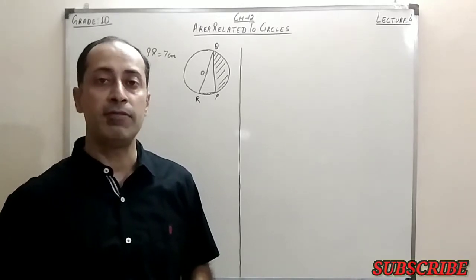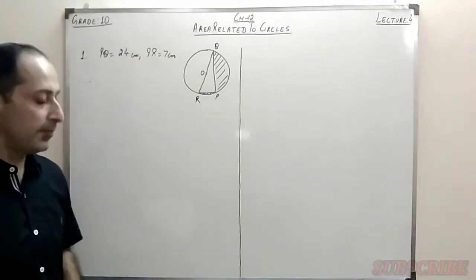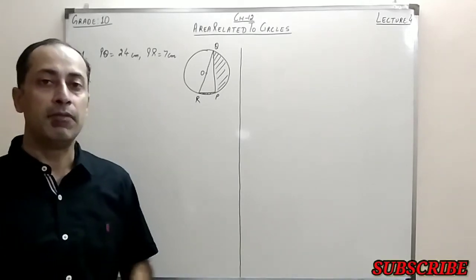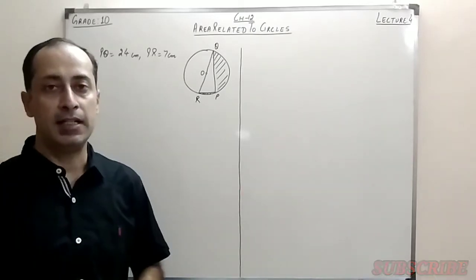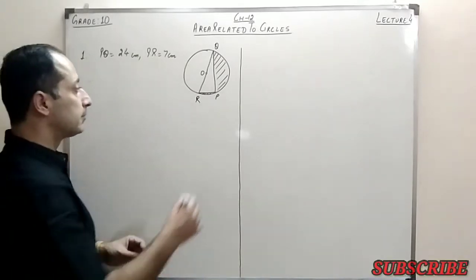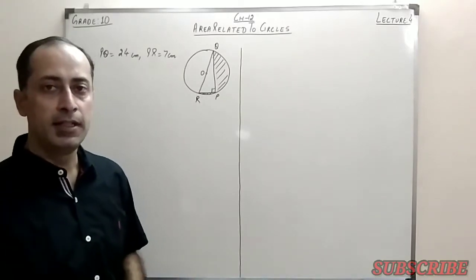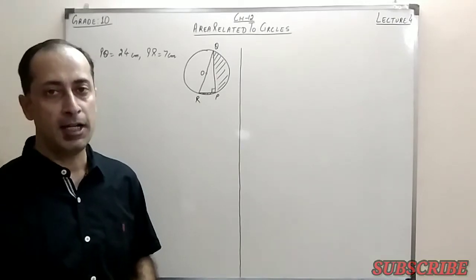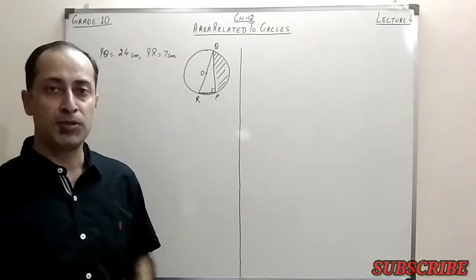Now the question is, how can we find the radius of the circle? If we see the triangle carefully, we have learned in our geometry that any triangle which is formed inside the semicircle having one of the sides as the diameter is a right angle triangle. So obviously this angle is an angle of 90 degrees, and in a right angle triangle, the side opposite to the right angle is the hypotenuse. It means the diameter of the circle is the hypotenuse of the triangle.